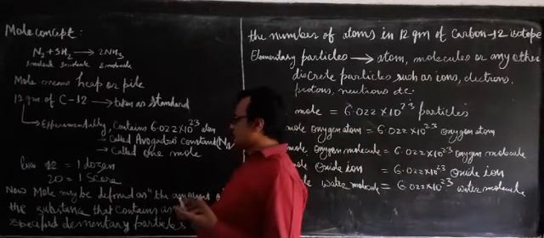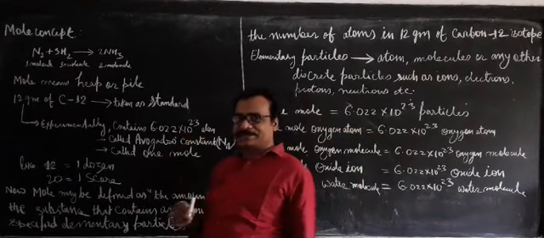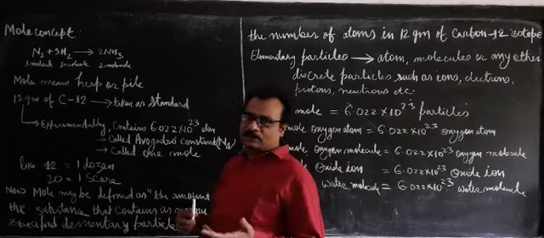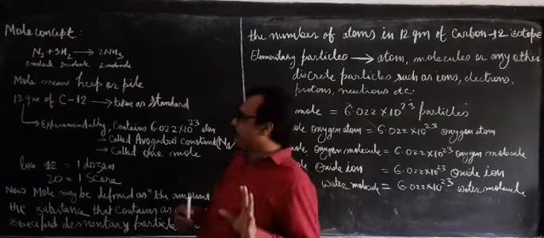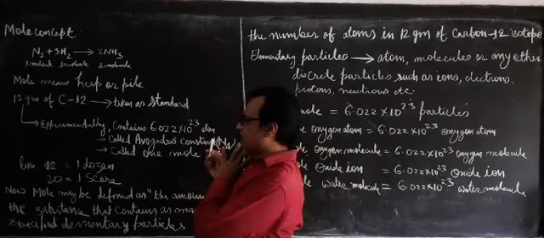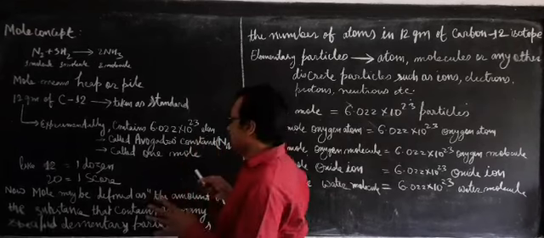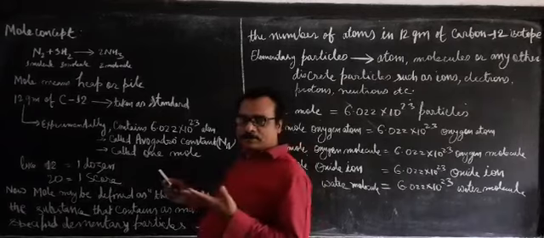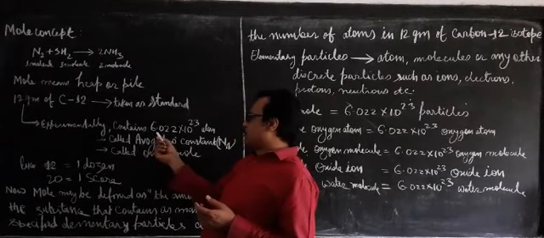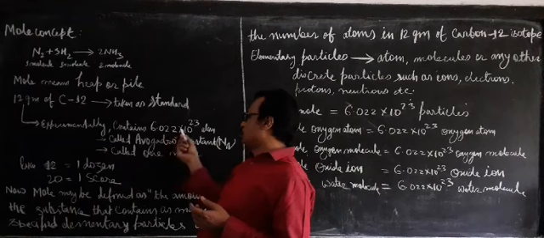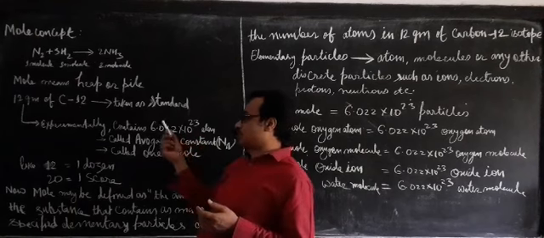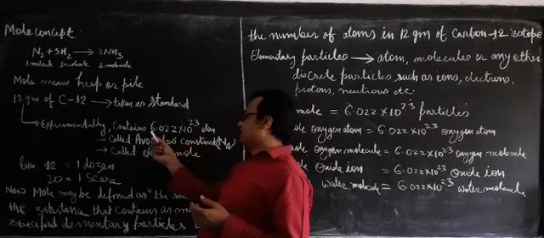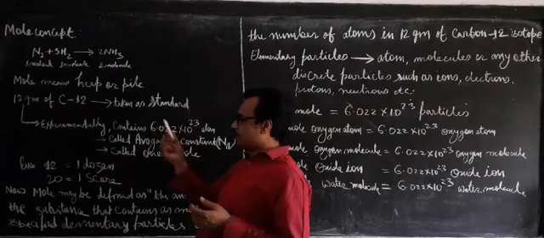That is why 12 gram of carbon is taken as a standard, because with the help of carbon 12 only, nowadays we find out the atomic mass of every element. With the help of instruments we have counted it, and it has been found that 12 gram of carbon 12 has 6.022 into 10 to the power 23 atoms. This much atom is available in 12 gram.